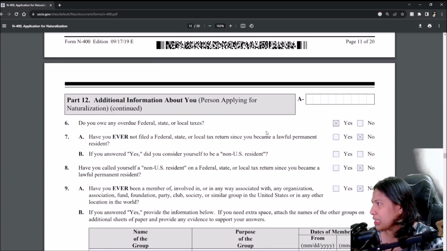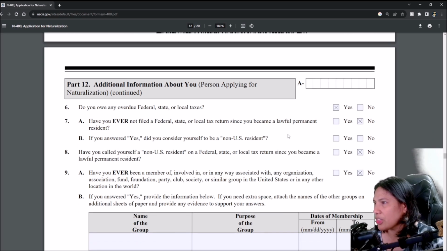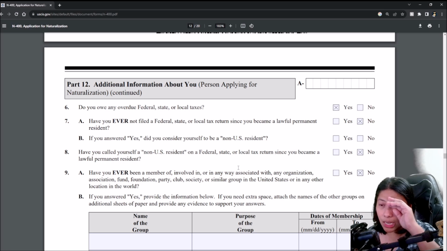All right, number 6. Do you owe any overdue federal, state, or local taxes? If no, tick mark no. If yes, tick mark yes. As for me, we owe federal taxes. There is no portion here where you explain why, but the officer will ask you why. One of the reasons you may owe federal or local tax is under withholding tax. Meaning, your company did not